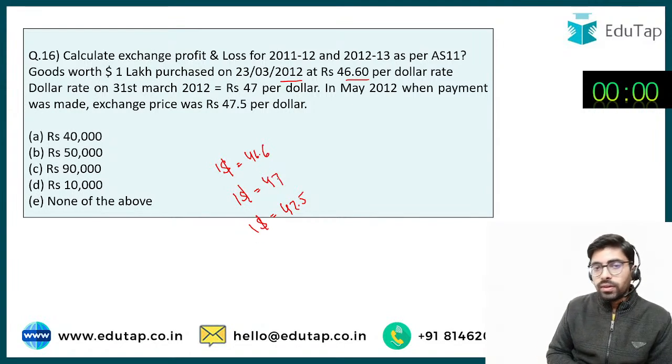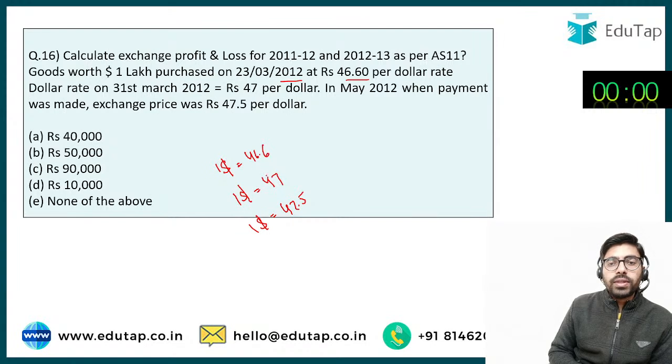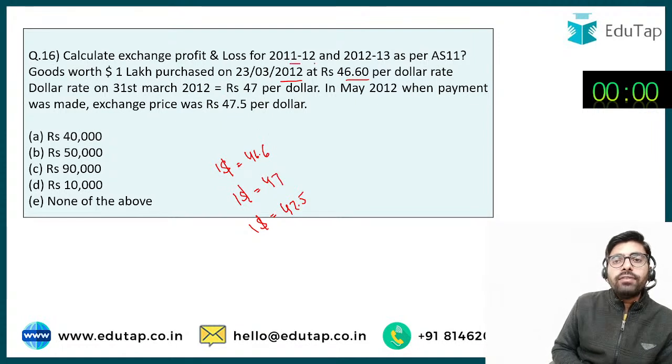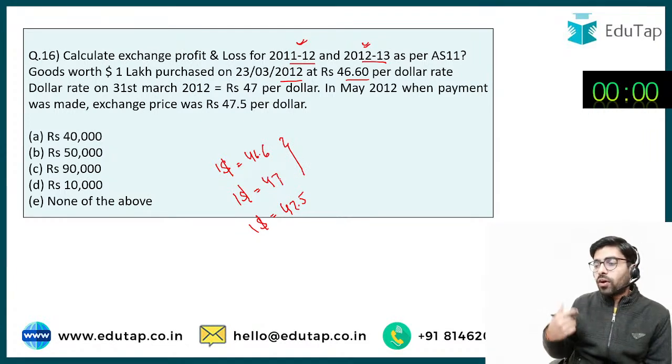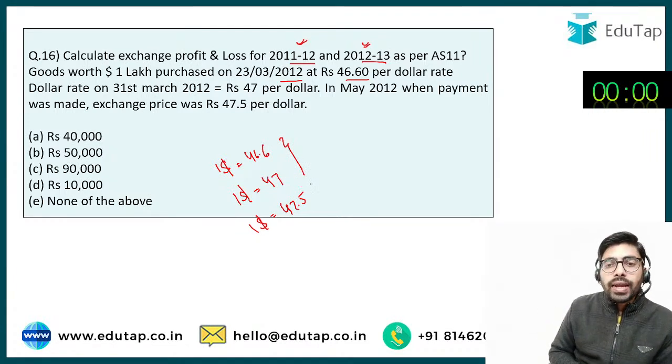Keshav, Lokesh is saying option B has to be the answer. Lokesh, please read the question carefully. We are told for 11-12 and 12-13, so for both these years we have to compute. Okay. So 11-12 की अगर मैं बात करूं, if I talk about 11-12, there is basically a loss because the price of dollar it has increased. And here